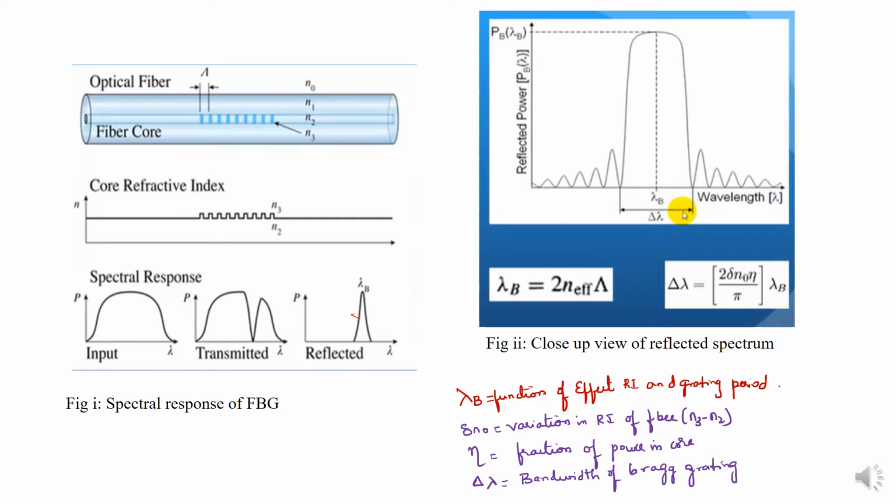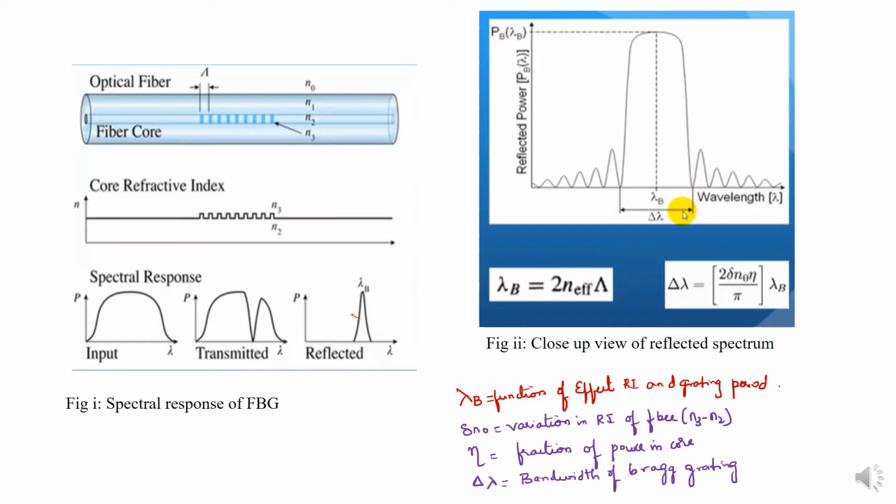The fiber Bragg grating is based on the principle of Fresnel reflections. It means that light traveling in media of different refractive indices may have reflections and refractions existing at the interfaces. The spectral response of the FBG is shown in the figure. The input spectrum, transmission spectrum and reflected spectrum are seen. In the transmitted spectrum, we can see that most of the light is transmitted and some part of the light is reflected, and it is shown in the reflected spectrum.